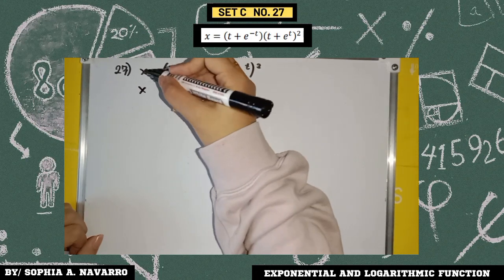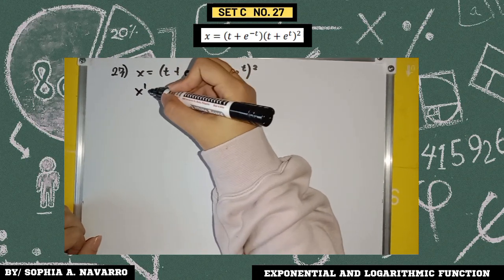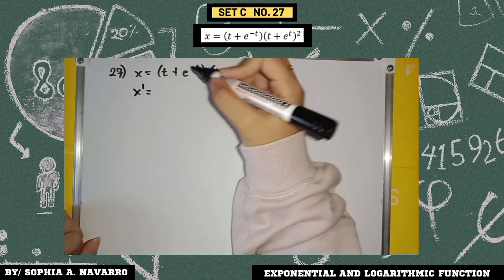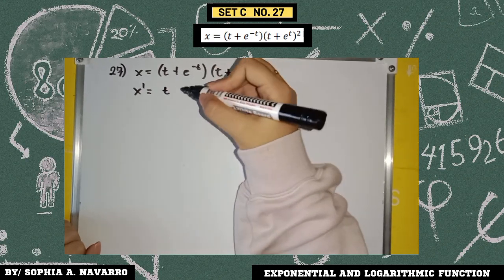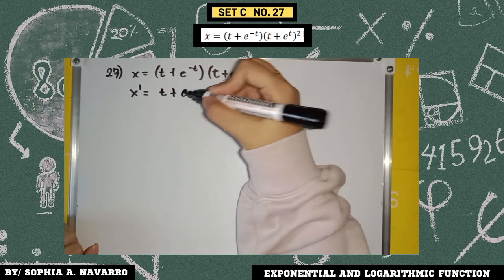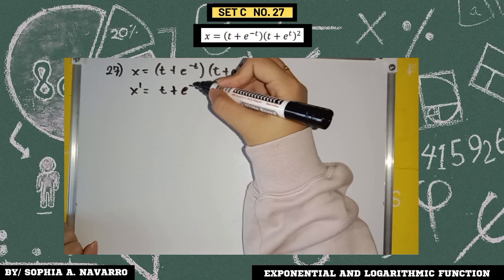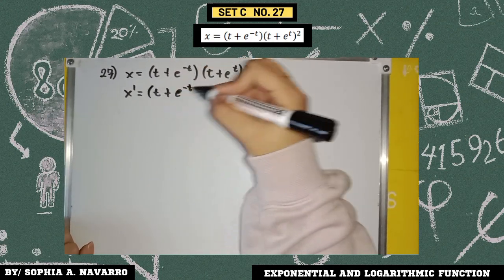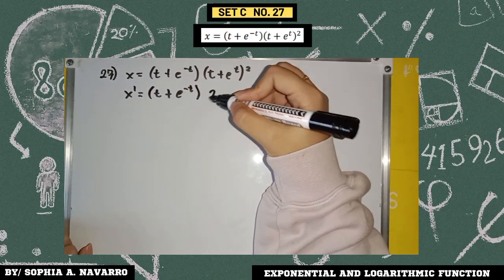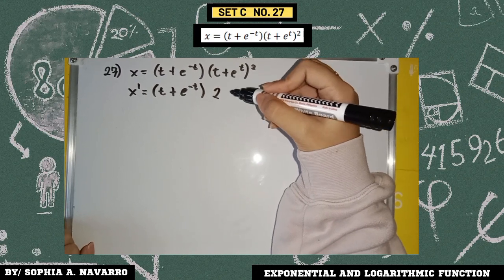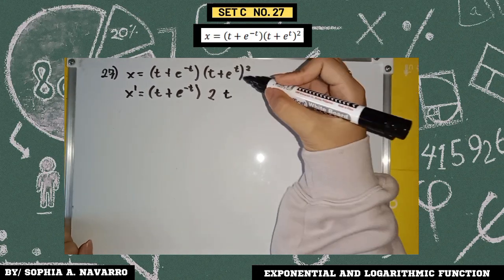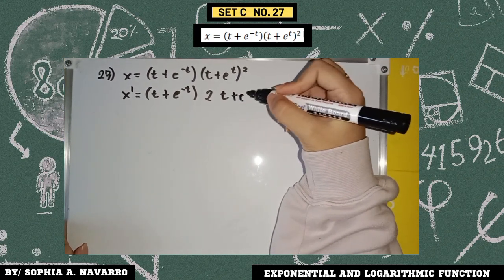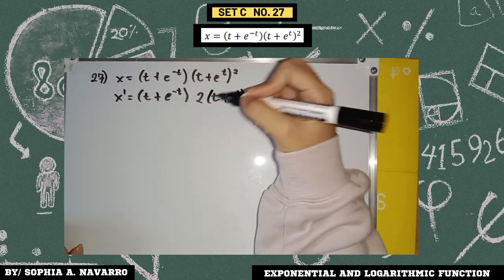Second step is to find the prime of x, which is x prime equals t plus e to the power of negative t times 2 times t plus e to the power of positive t,